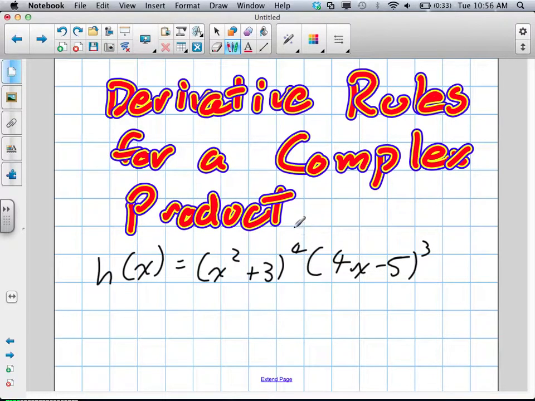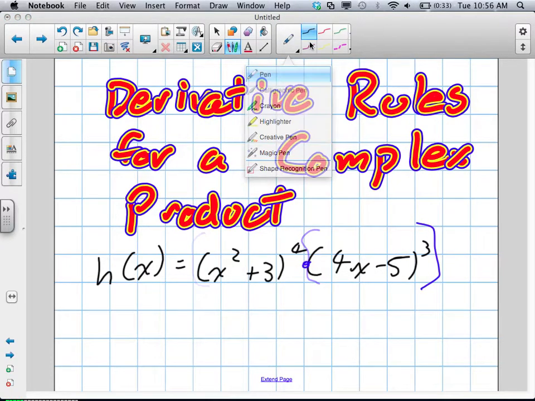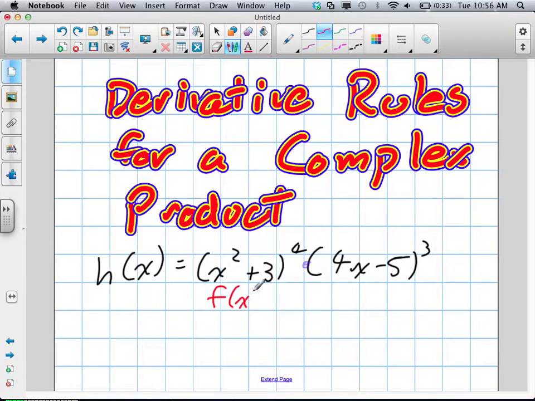Another way you could look at this, as this is one function and this is one function, and they're multiplied together. If that would be the case, then we're looking at just an f at x, which would encompass everything, including the exponent, and a g at x, including the exponent, encompasses all of this. And think of this as just strictly a product rule with 2 functions, but when we're deriving those functions, we're going to have to put them through the power of a function rule. So it'll be a little more complex, but if you guys remember,